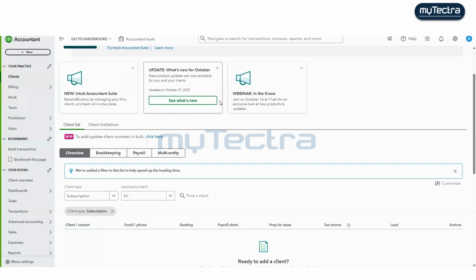Let me also explain that this software, QuickBooks, is used for international accounting. It is for the US, UK, Singapore, Australia; these countries use this software. It was in India also, but they stopped the services in India.